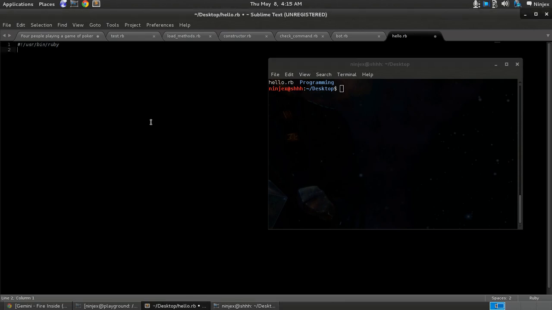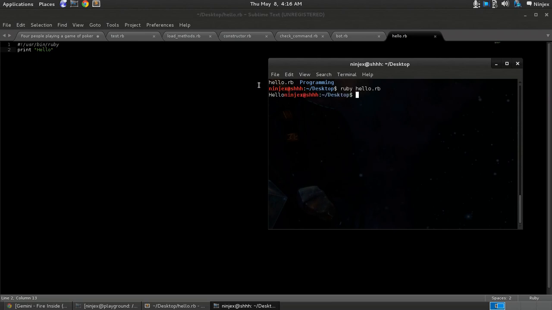If you're familiar with other programming languages, you can print stuff to the terminal. In Ruby, there's two ways to do it. The first one is print, and let's see how this works. You run your program by saying ruby, and then the program name. In this case, it's hello.rb. Ruby files end in the .rb extension. So as you can see, it printed out hello, but it doesn't have the carriage return, which is a new